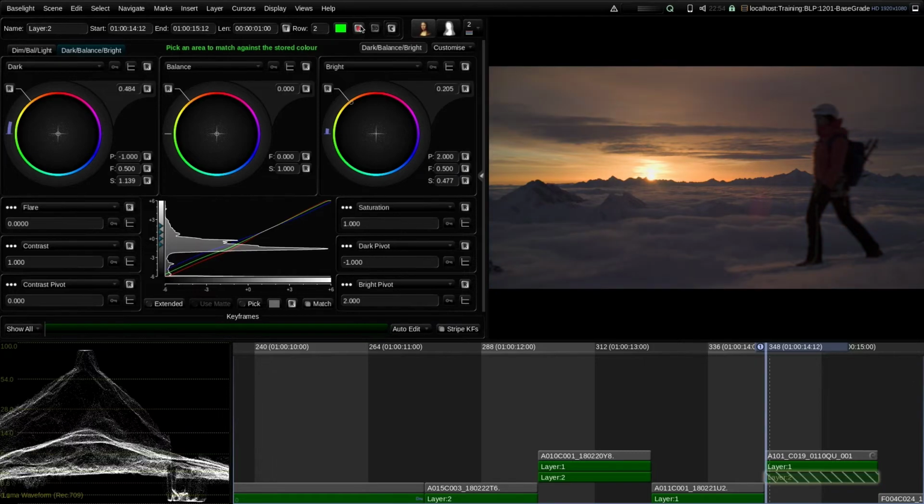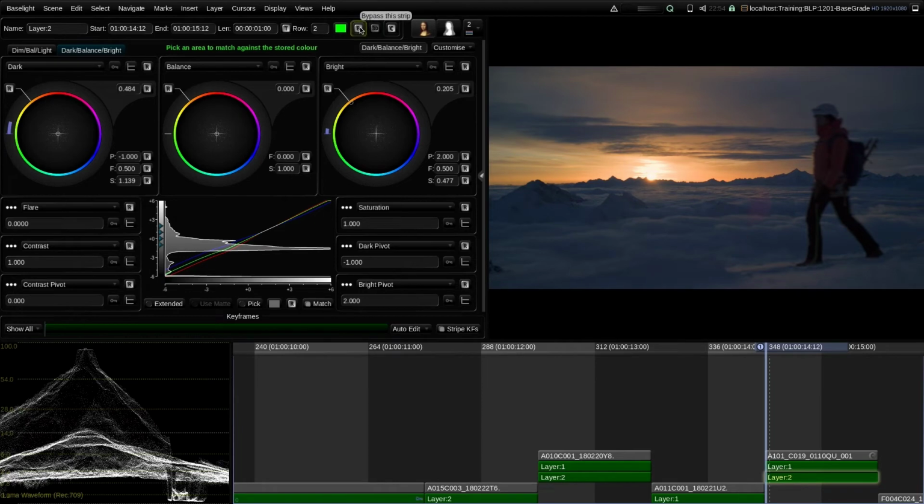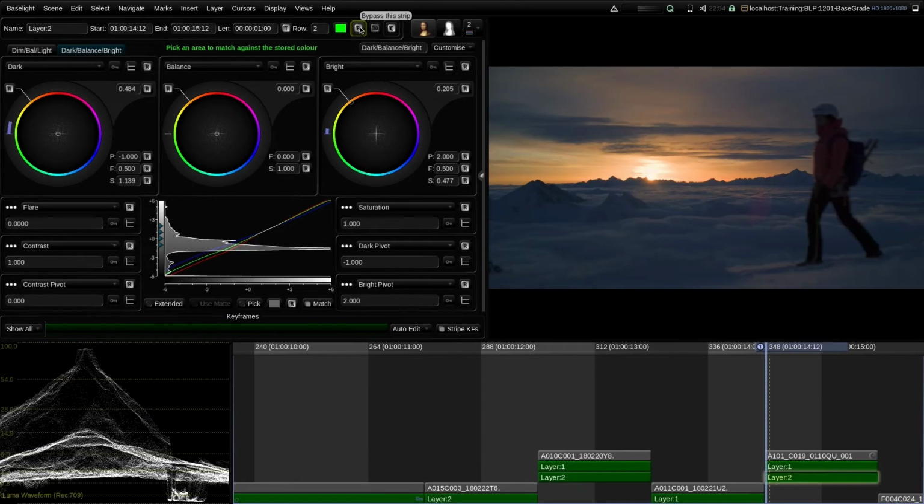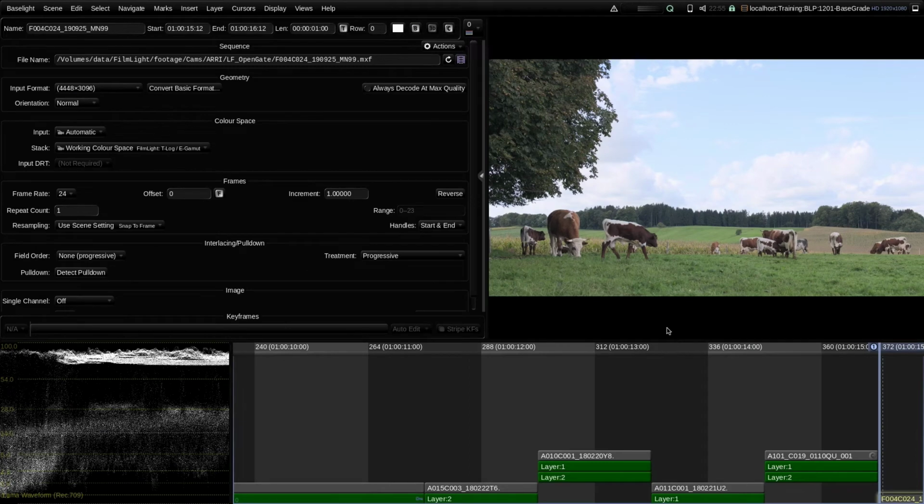So let's just bypass this, and we can see there's quite something that we did, and the overall correction, also the global balance combined, gives us this result. Moving on,